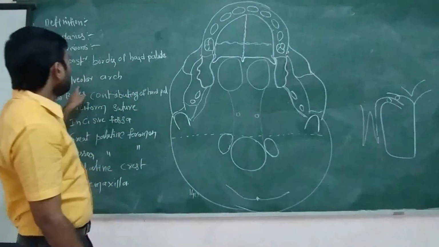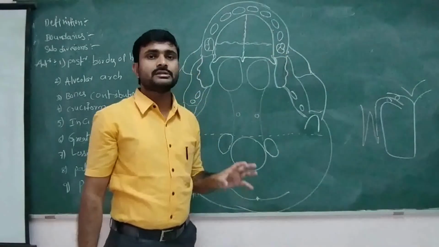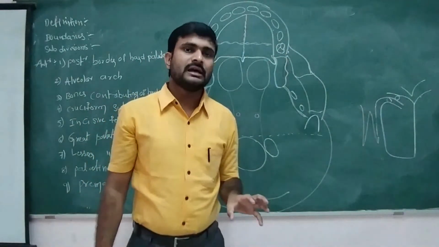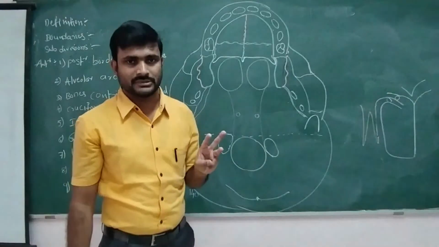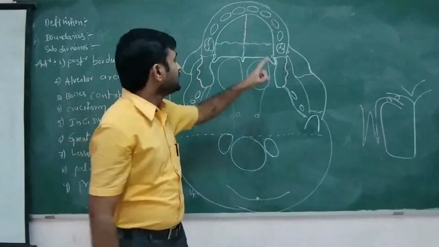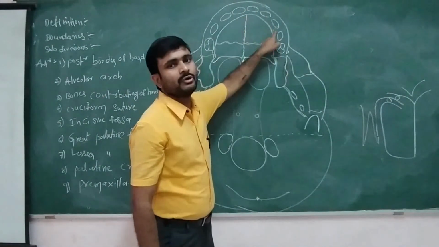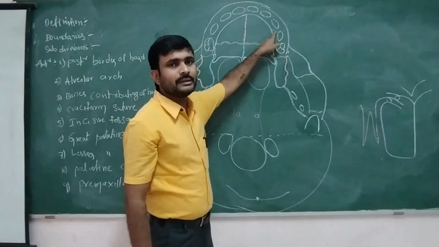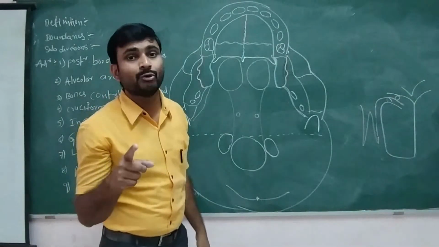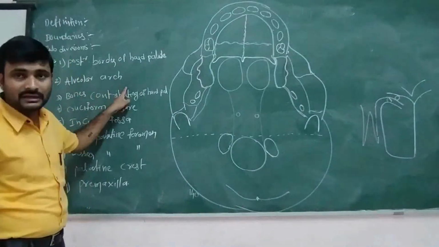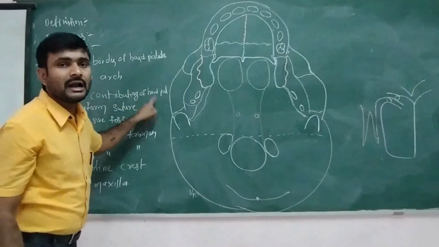Then next, alveolar arch. This is called an alveolar arch. The alveolar arch contains the sockets. Those sockets are again of 2 types: one is a single socket, and the second is 3 sockets, meaning one socket divided into 3 parts. Single sockets are for the incisors, canines, and the premolars. The socket is divided into 3 by septa for the molar teeth. This is about the alveolar arch.